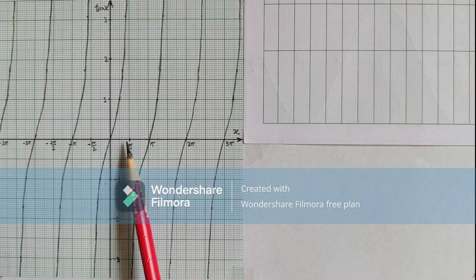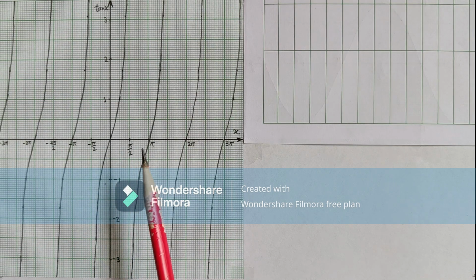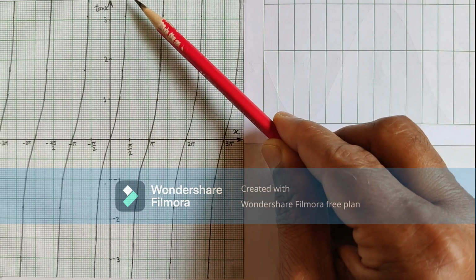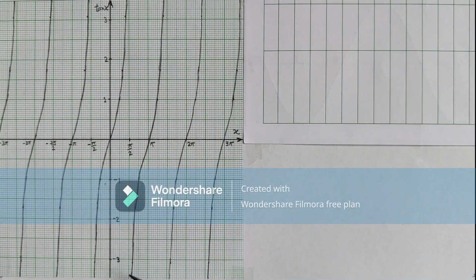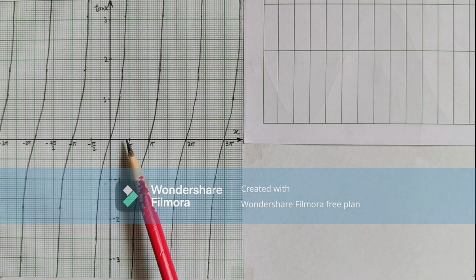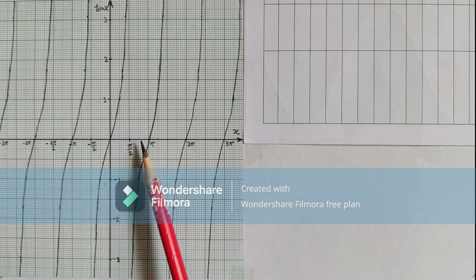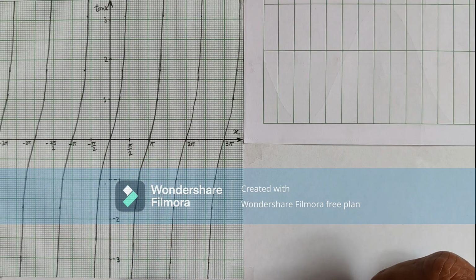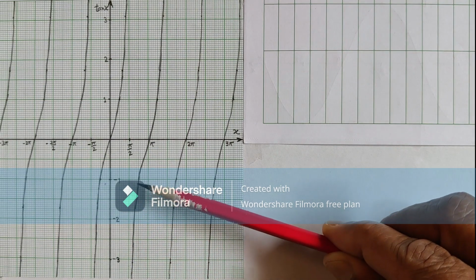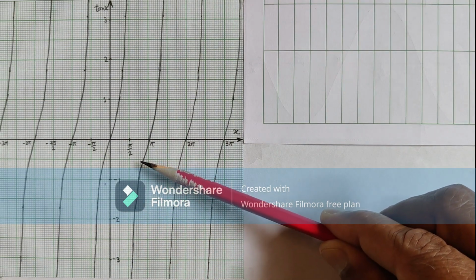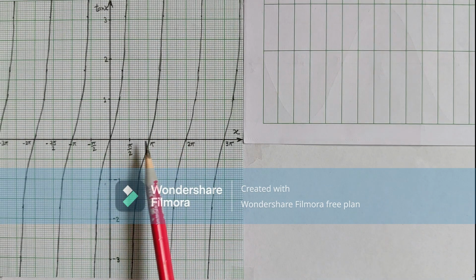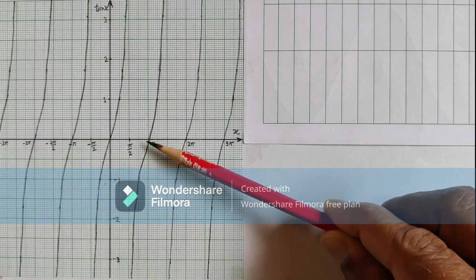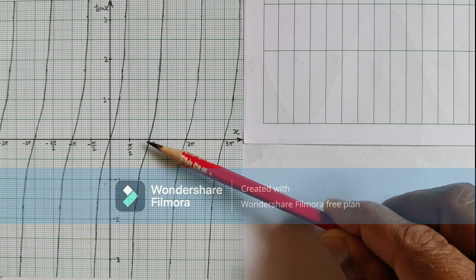Very strangely, the moment it crosses pi by 2, slightly higher than pi by 2, the value of tan x is still very large, close to infinity, but instead of positive infinity, it becomes negative infinity. And then as x increases from pi by 2 towards pi, the value of tan x comes down from the roof closer to real values, and then as x reaches pi, tan x becomes 0, and then